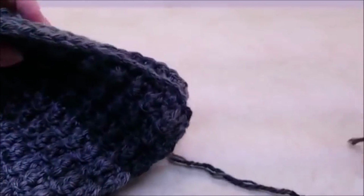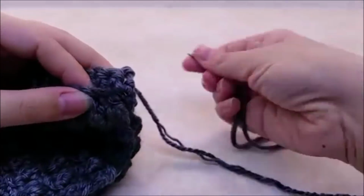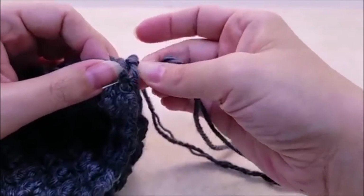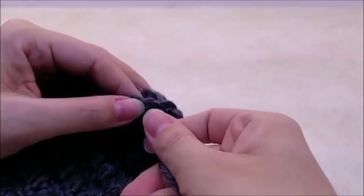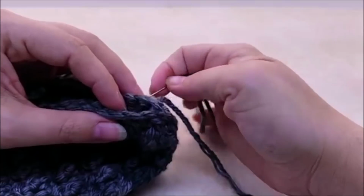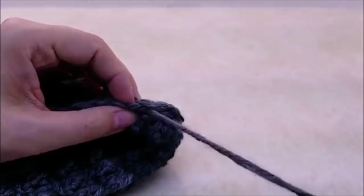and I'm just going to neatly sew my ends together. I got the right sides of my work facing me, both my ends together, and I'm just going to take it and sew it up nice and neat. Go through this stitch and then through this stitch. So I'm going back and forth, and then the next stitch and the next stitch,